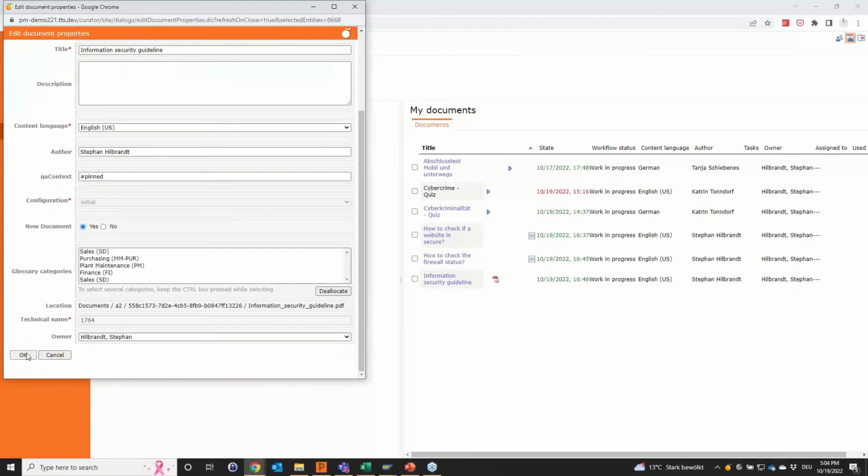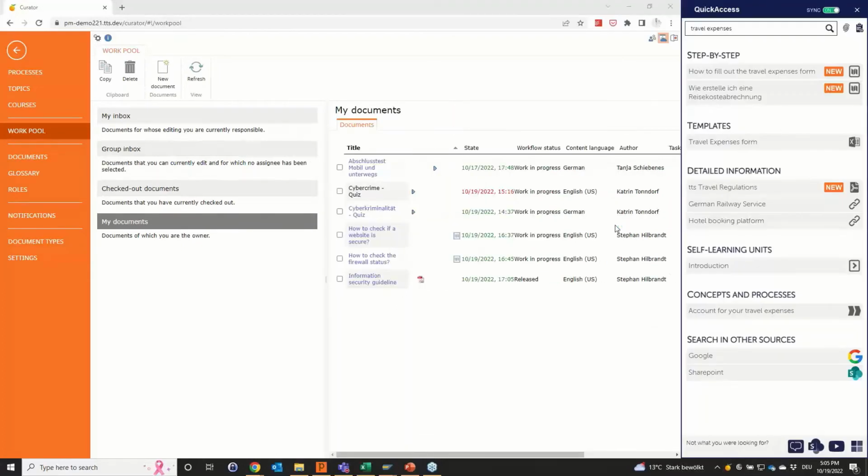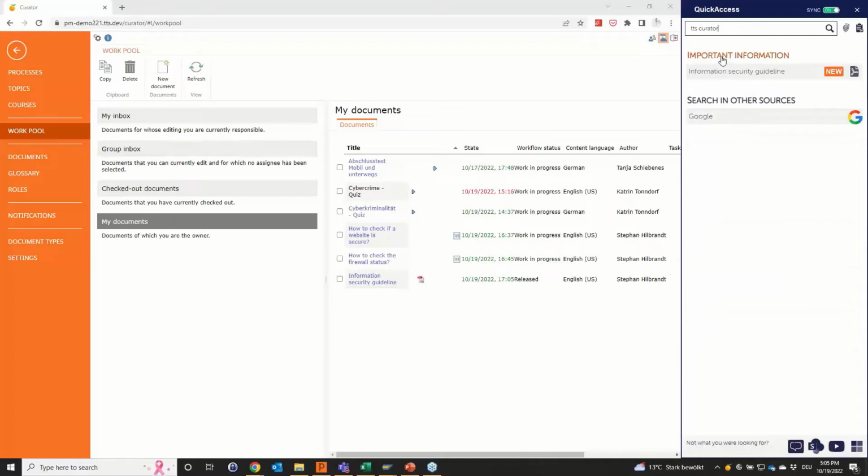This leads to the situation that this document is now shown in each and every search result of the QuickAccess. And you might see it here. I've created and named this performance support category important information and put it to the top of my performance support categories so